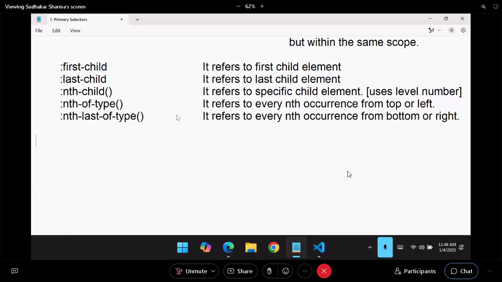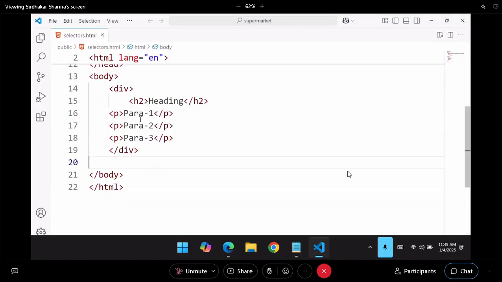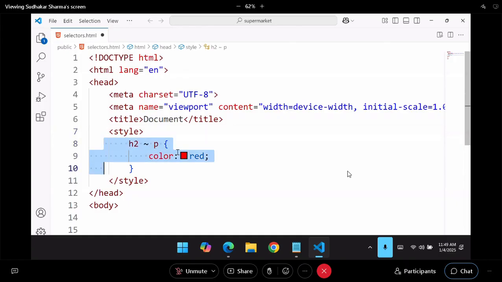First child, last child, their names themselves tell what they are, right? So we will see what these are. Anywhere you have a parent child hierarchy, you can implement this. We will see how to define that. Let me explain these meanings. What are these actually? Let's design. You can apply here also, but to understand in a clean format,